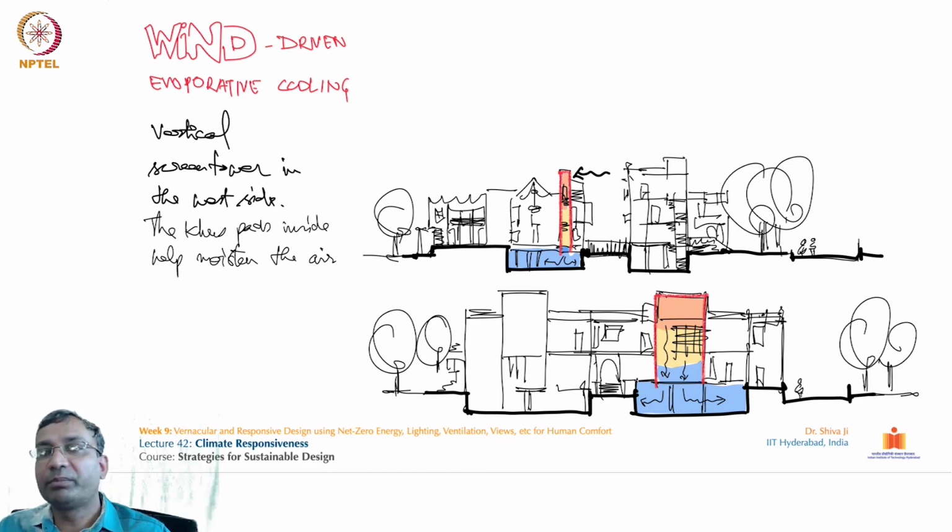So utilizing the prevailing wind directions in hot dry seasons, these vertical screen towers, these wind tunnels work as evaporating units. Sometimes they use cuss linings also to create a beautiful fragrance of this water, of this air